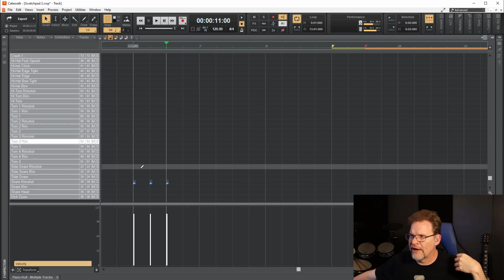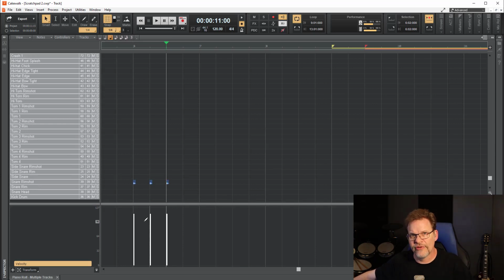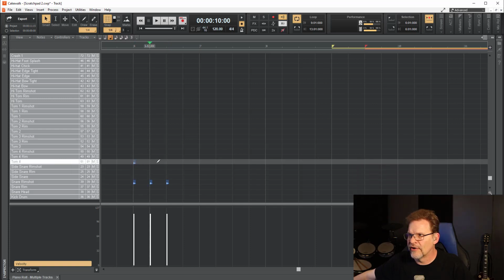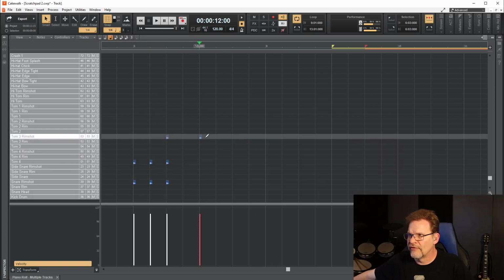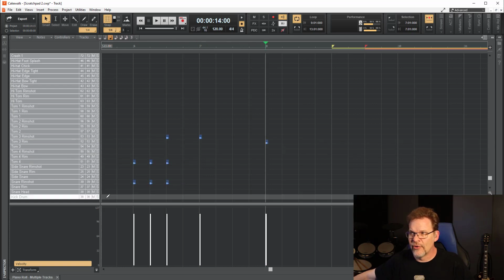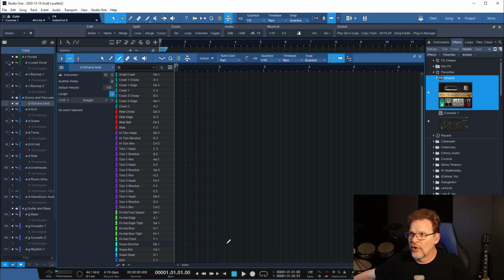In the controller pane down here at the bottom, you can also see those velocities. But these velocities are, as you can see here, kind of representative of all of the different notes. One of the benefits here, again, to Studio One, if I have notes that are in place on my MIDI track here, while I can't adjust the velocity at the note itself, when I go down here to